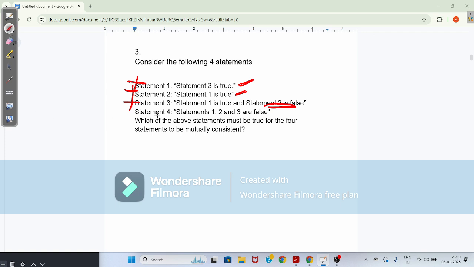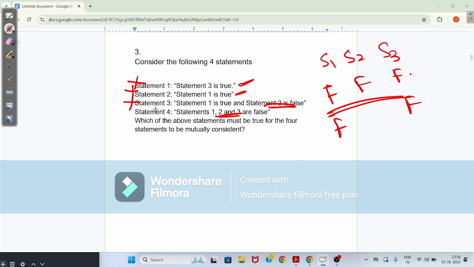Now what is statement 4 saying? Statements 1, 2, 3 all are false. Statement 1, statement 2, statement 3 are saying this is false, this is false, this is false. So no paradox has been formed here, means statement 3 is false. Here this is also false. Statement 2 is saying statement 1 is false. Yes, this is also false. Statement 3 is saying statement 1 is false, means false. Statement 2 is also false, means false here. So all the three statements have been formed false here. So what is the correct statement? Statement 4 is true.